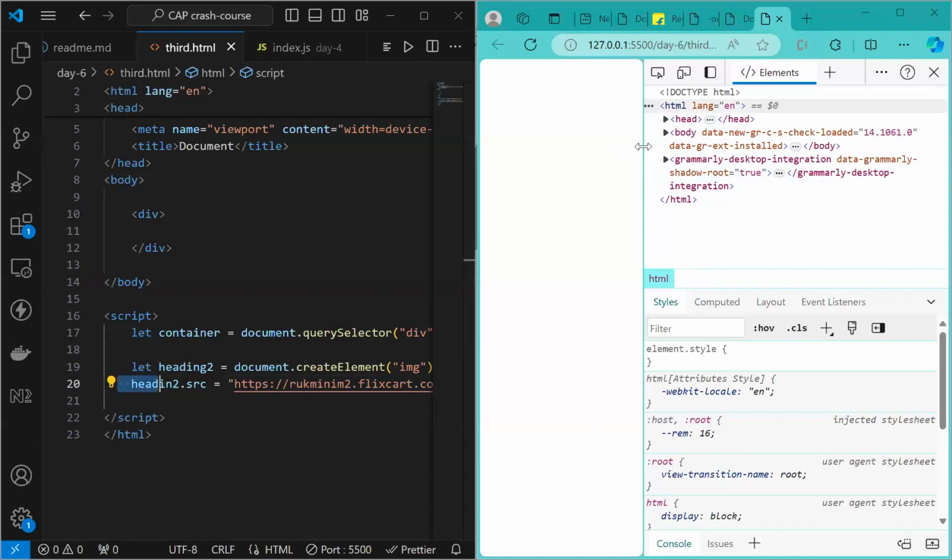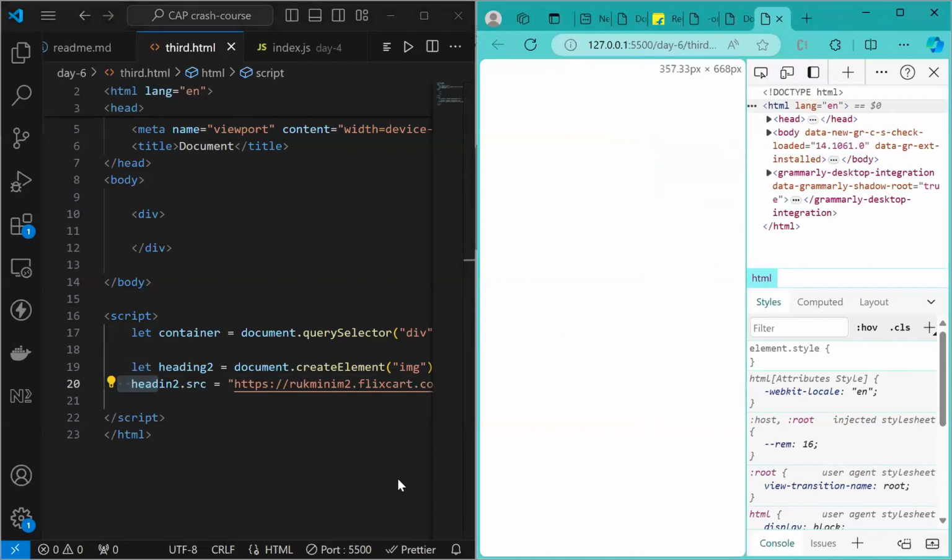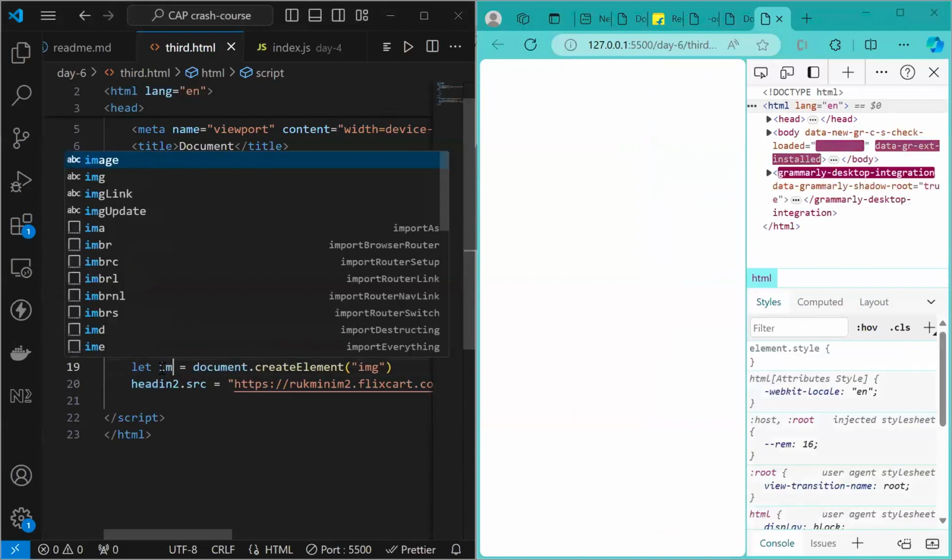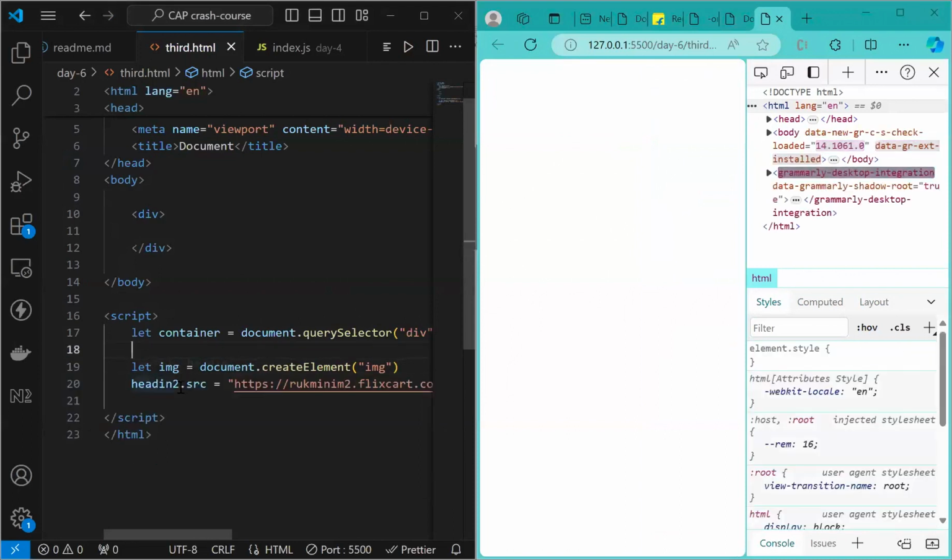But are we able to see it on the DOM? Is it visible on the DOM? DOM, basically your document? No. What might be a possible reason? Have we given, I mean, okay, let me name it something better rather than heading 2. Let me name it image, right? img, this one. So I haven't referenced this image somewhere or anywhere in this document. I have not given it an address saying that yes, you have to go here,